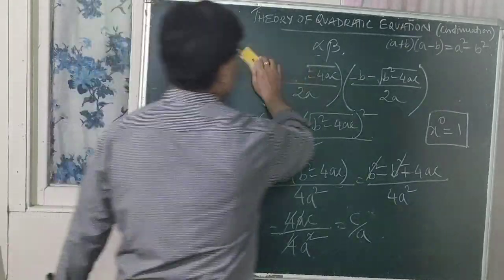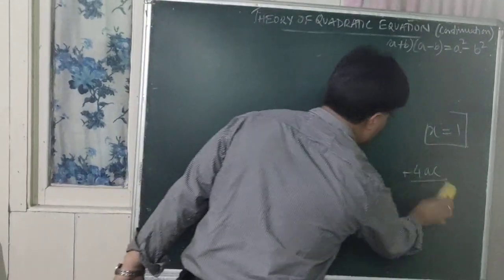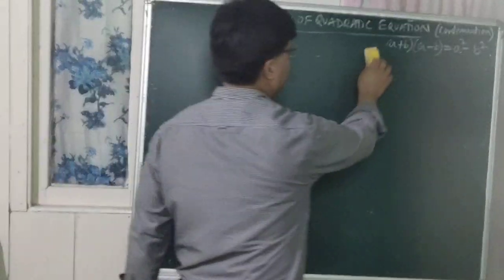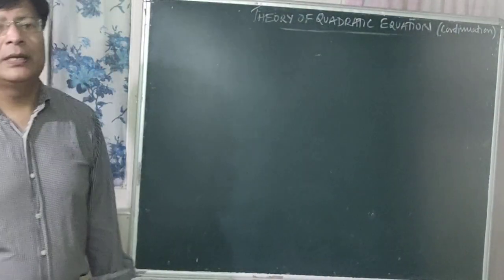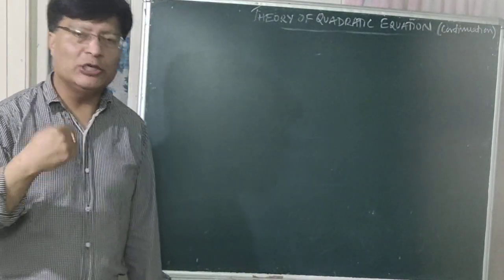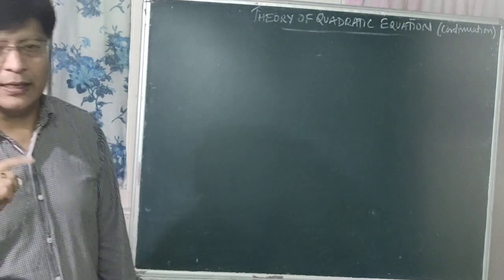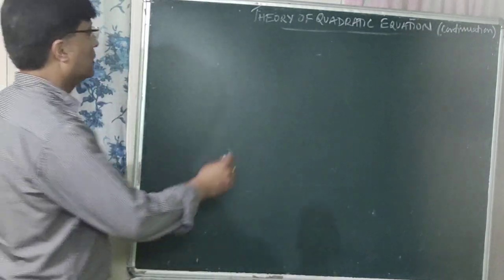So these are the sum of the roots as well as the product of the roots. Okay? Now let us find out how you can form the quadratic equation with the help of the given roots. Okay? So now